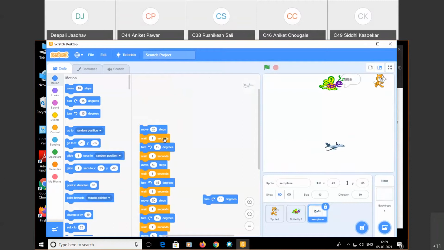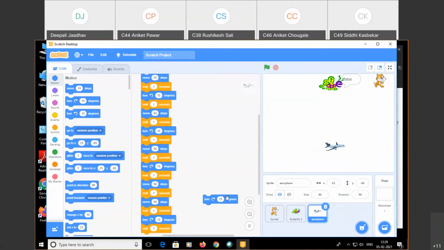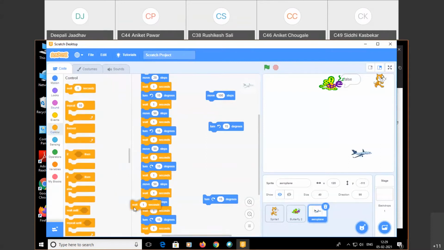Okay, so here after that again you need to turn it by 15, you can observe here, move by, suppose, 100 steps. Okay, again turn by this one, here you can observe the landing. So again put here the wait, move for 100. No, here I need to use the turn first.